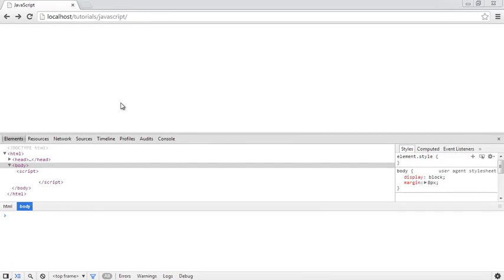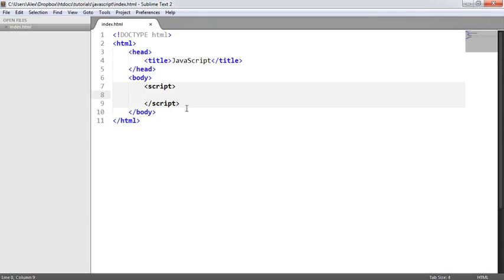We're now going to look at styling elements with JavaScript. We're going to be accessing the style property and setting individual style requirements for a specific element. So let's head over to our text editor. We're going to go ahead and create a box on a page and then start to add different styling elements